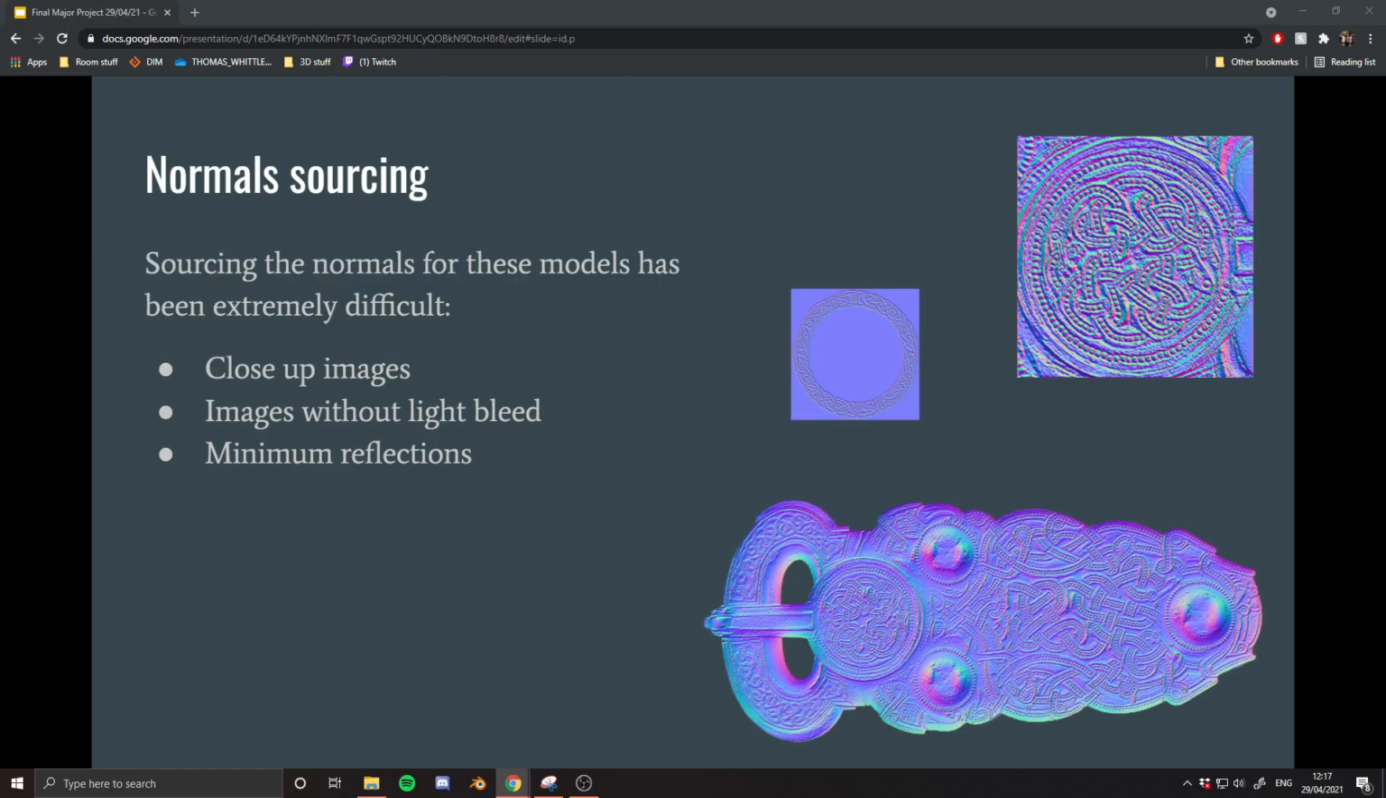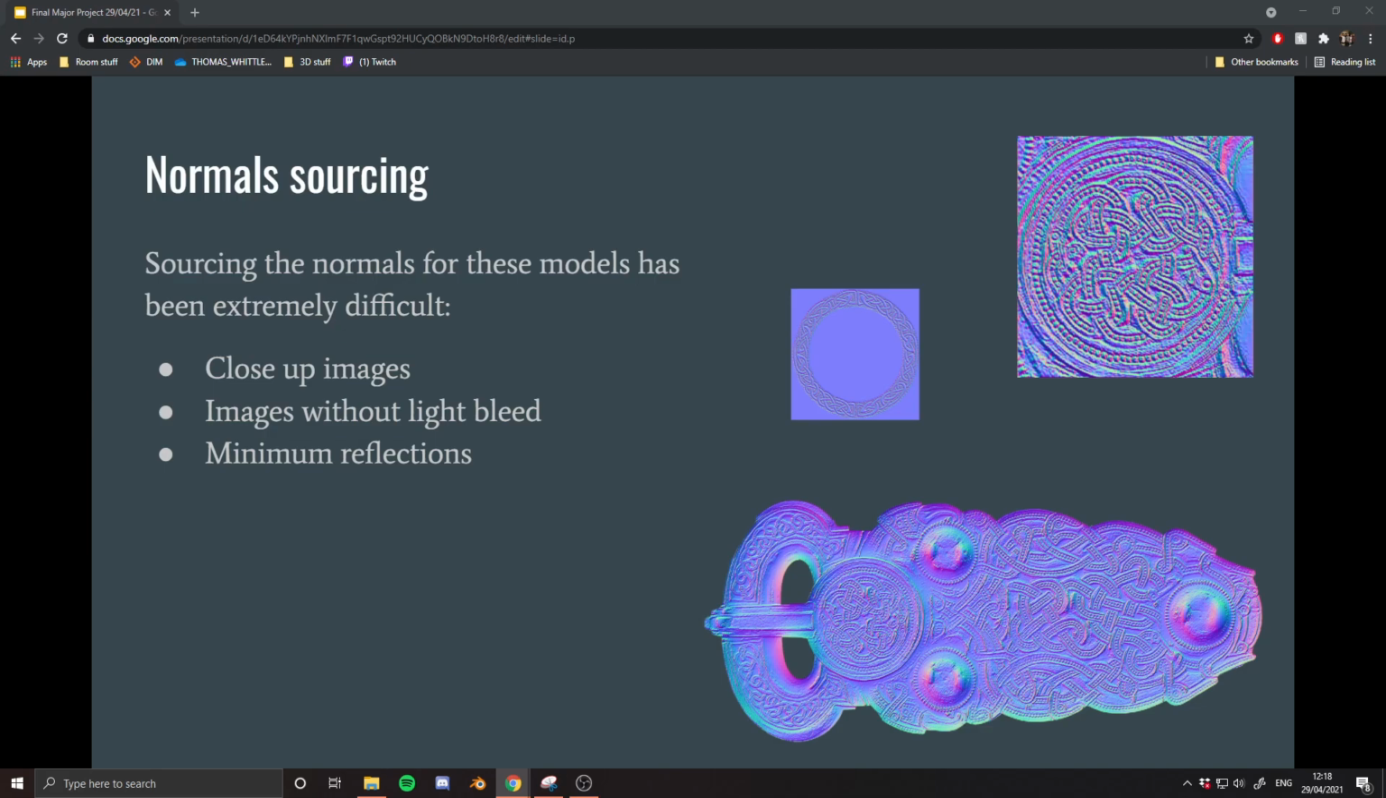Then it came to normal sourcing. Sourcing the normals for these models has been extremely difficult because there are so many parameters that need to be met for it to work. Generally, I needed closer-up images because of the amount of detail in the models. I also needed images without light bleed, where light would reflect from one surface onto another. But unfortunately, with the fact that they're in these museum cabinets, not a lot has happened for that. There are no images where they aren't on display. And I also need minimum reflections from things like glass and the actual item itself, because any light would take away